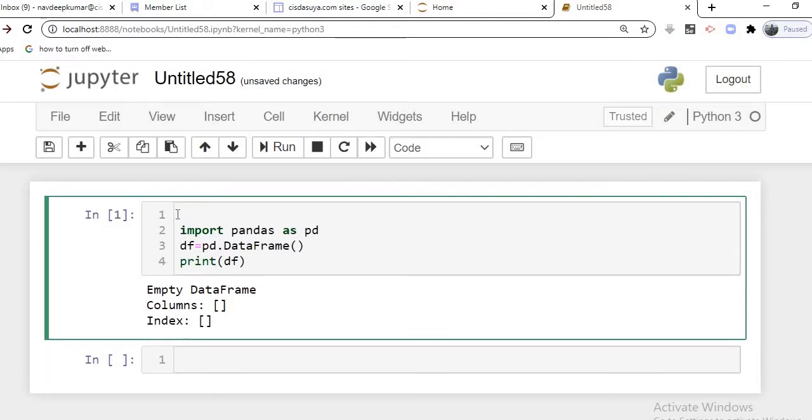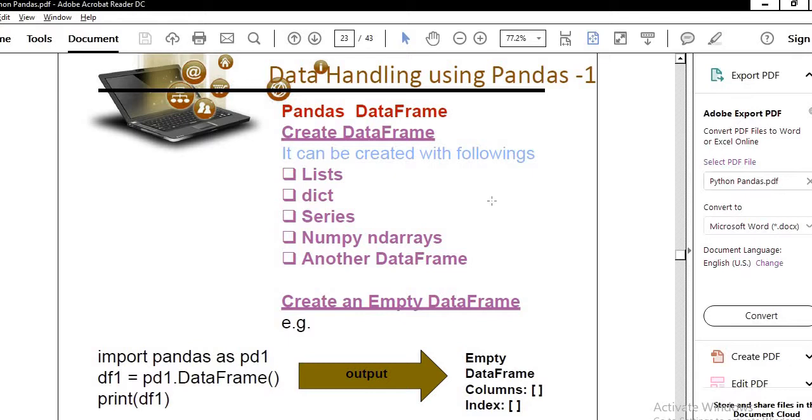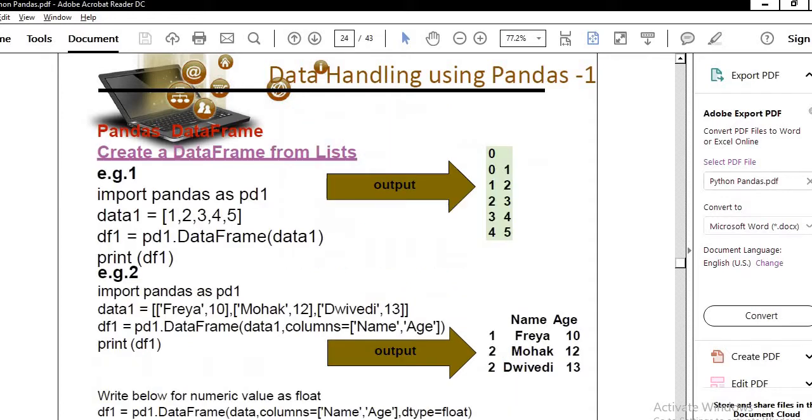So the first step we have done is create an empty data frame. Now we will focus on how to create the data frame first from the list. So moving forward, see here students, example number one: import pandas as pd.